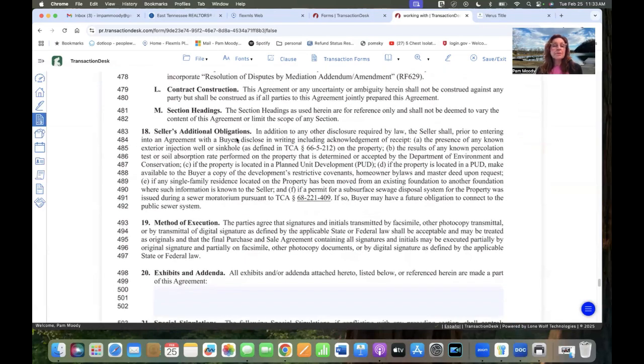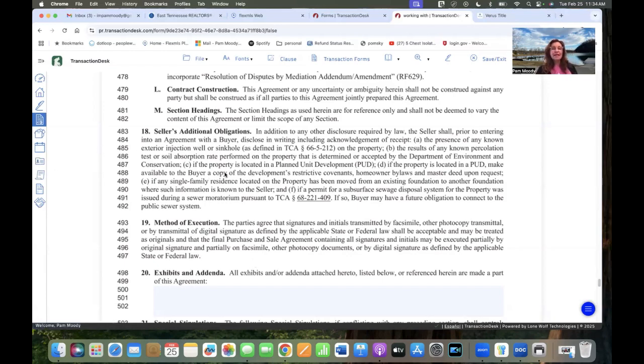Seller's additional obligations. In addition to any other disclosure required by law, the seller shall, prior to entering into this agreement with a buyer, disclose in writing, including acknowledgement of receipt, the presence of any known exterior injection well or sinkhole on the property, the results of any known percolation test or soil absorption rate performed on the property that is determined or accepted by the Department of Environmental and